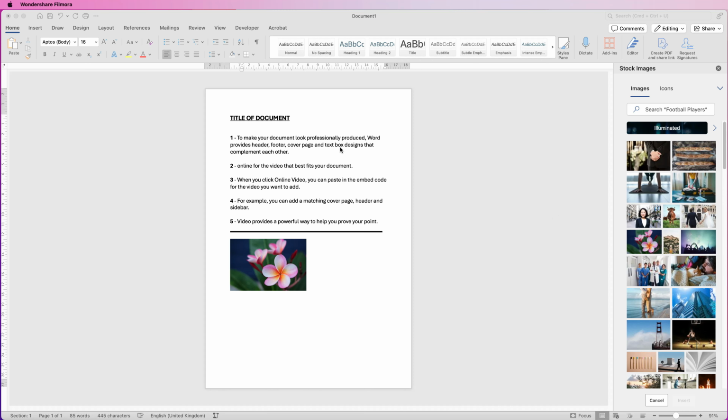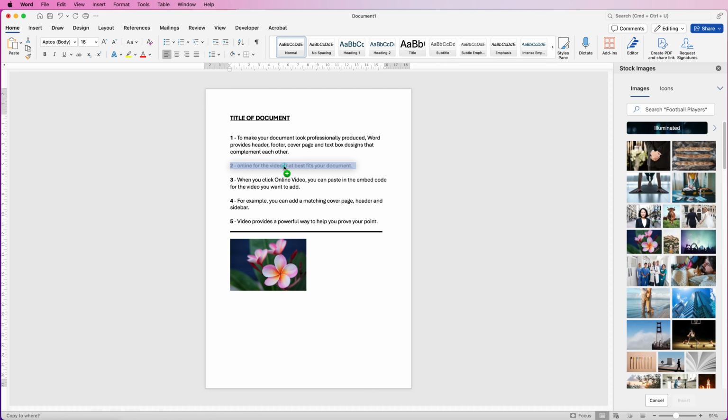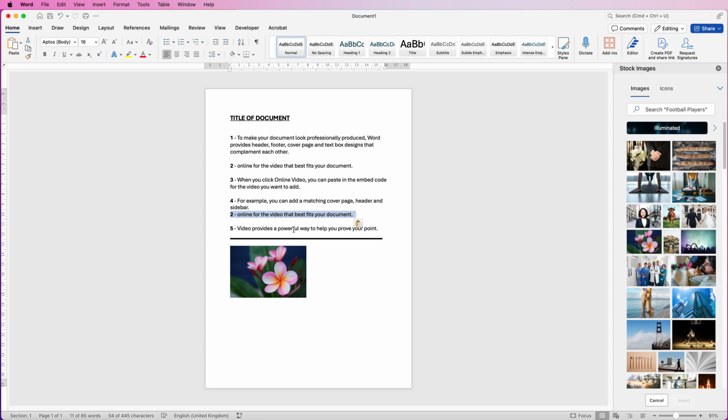Another really useful tip, which I use all the time, is a copy and paste quick fix. So let's say, for example, I wanted to copy and paste this second line here. I've highlighted it, I've got my cursor over the top of it, and if I press down on my Alt or Option key, click on the sentence and then move it anywhere in my document and drop it, then I've